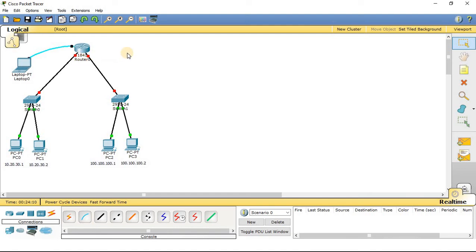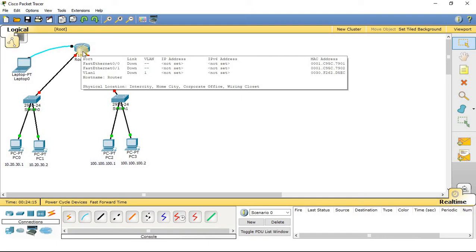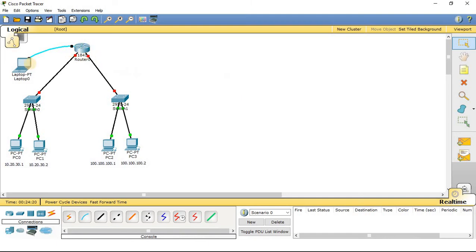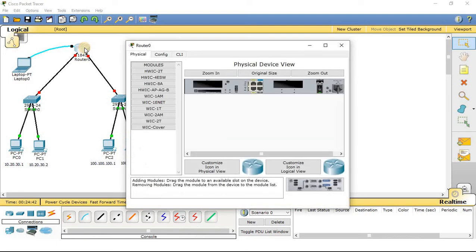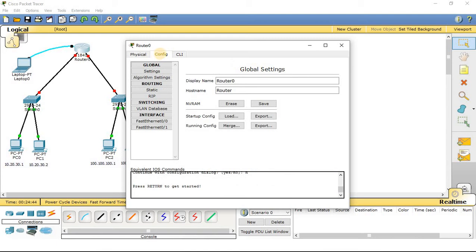So through the console port I will be able to access the interface of this router, and once I am able to access the interface of this router through this particular screen of the laptop, I can configure this router. So let us start configuring the router. So now one thing that we have to understand, that there are 2 ports in each and every router. So if I click the router, if I go to this config tab, we can see there are 2 interface ports.